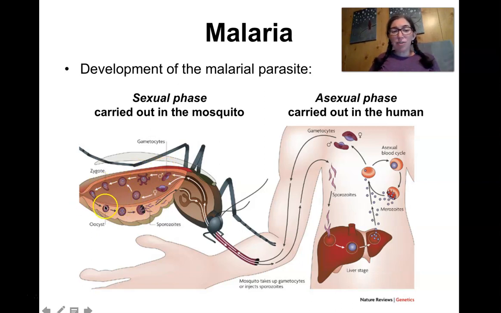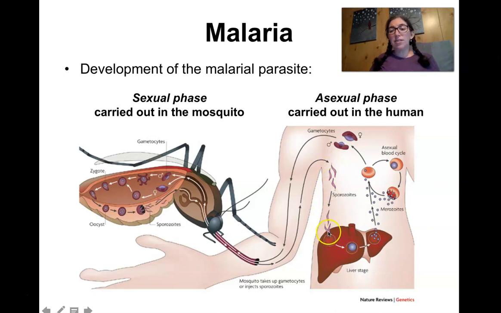zygotes, the first fertilized egg, which develops into several of these sporozoites, which burst out of this oocyst. So all of this happens in the gut of the mosquito, but then the sporozoites swim to the salivary glands of the mosquito, so that when the mosquito bites and injects some of its saliva in its human host, those sporozoites are injected into the human, and then they go into the first stage of